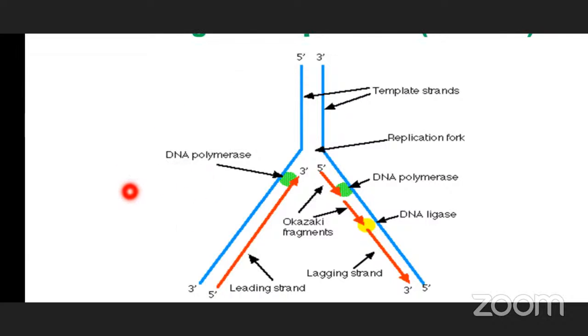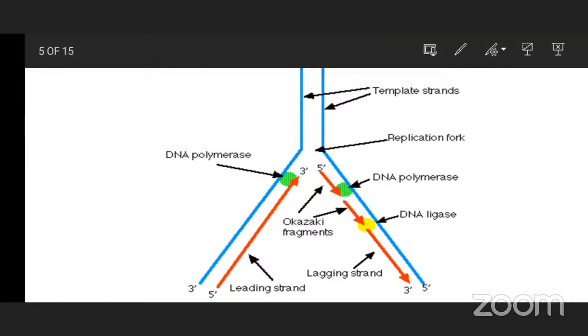This DNA replication process is a very essential process, and it takes place in the S phase of interphase before cell division. Once DNA synthesis or DNA replication is completed, the cell is ready for cell division. And this DNA replication takes place through the semi-conservative method. Semi-conservative method means,